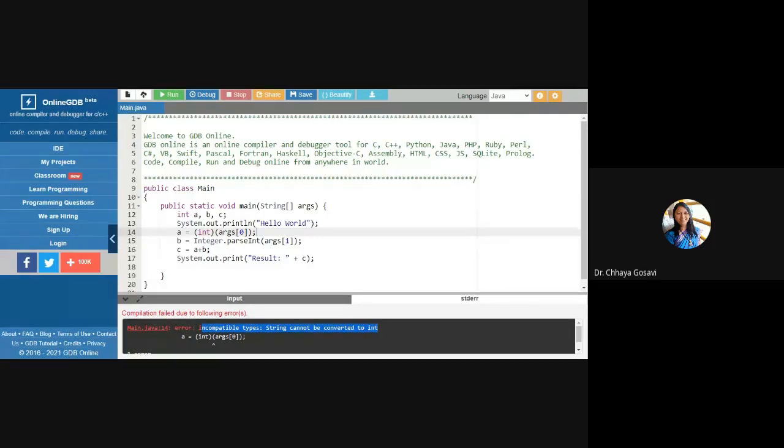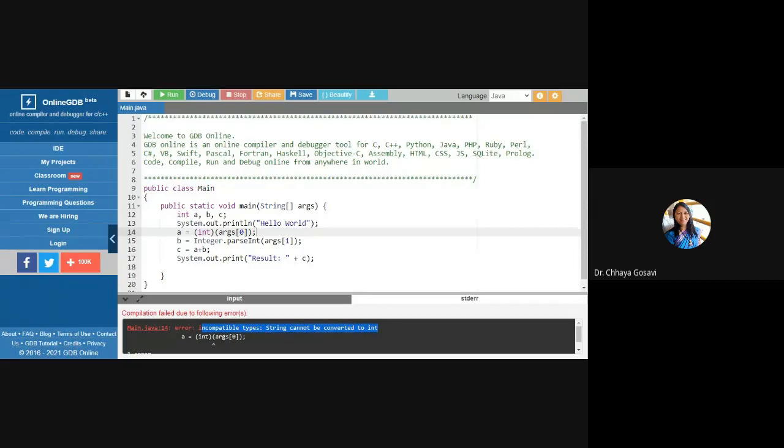The type casting and type conversion that we have seen yesterday is applicable to compatible types, meaning numerical data types like integer and float can change, or you can convert integer to float or float to integer. All types of integers I'm talking about, short, byte, long, and actual integer, and double and float to each other.